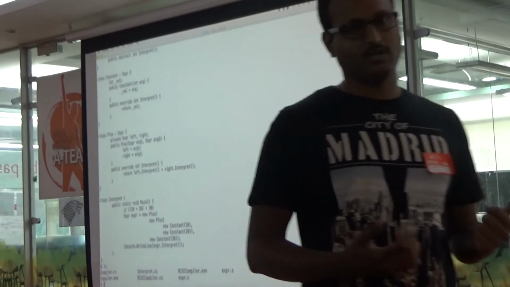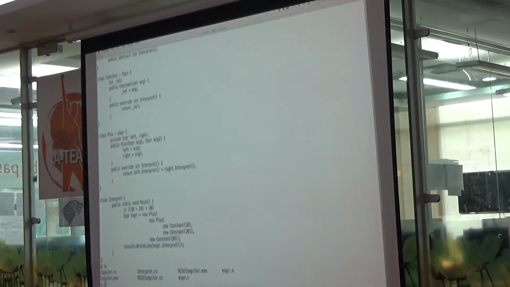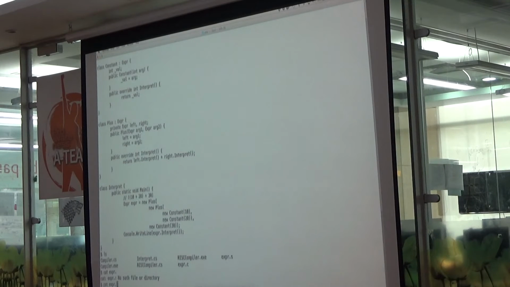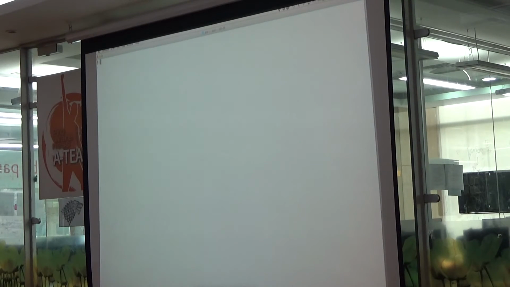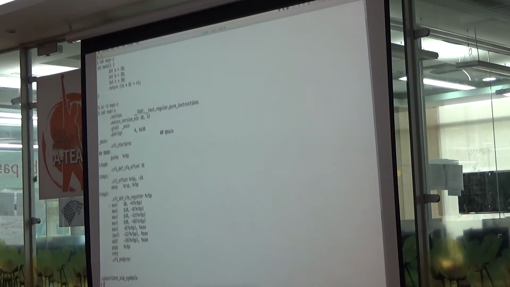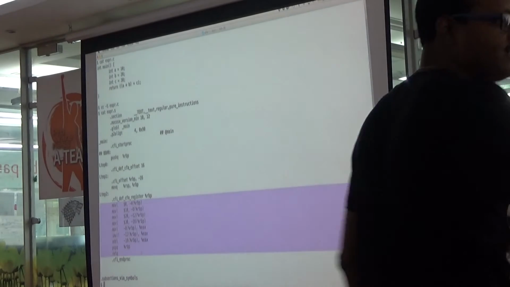How do you generate native code? Let's take a simple example, the same simple example, in the case of C. This is a simple code I have. What I'm going to do is generate the assembly code, so I have the -s option. CC is the C compiler, and I'm passing expr.c and expr.s. I'm sorry, you may not understand this, but I can explain.